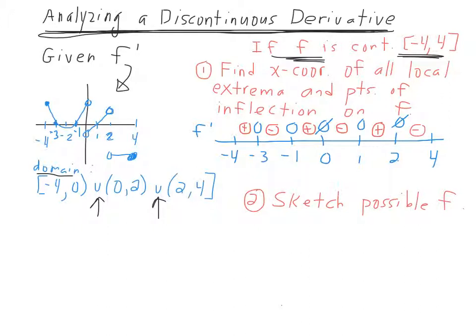Okay, so let's identify our local min and max points. Let's start with our local max. We know we're going to have a local max when the first derivative goes from positive to negative. So that happens at x equals -3, 0, and 2. Again, this means we're increasing, then we're decreasing. Increasing, decreasing, increasing, decreasing on f. So you can see that your max points would be at -3, 0, and 2. All right, our local min,